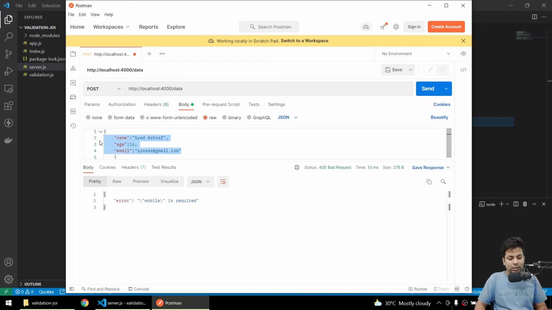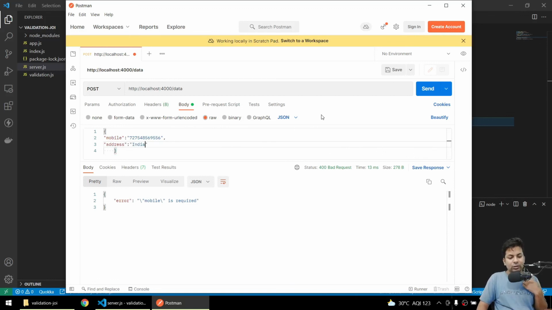So let me just delete everything here. We'll say mobile, and here we give a 10 digit number, 77, whatever, however many numbers, because I haven't put length validation. Now here I'll say address, I'll just say India.